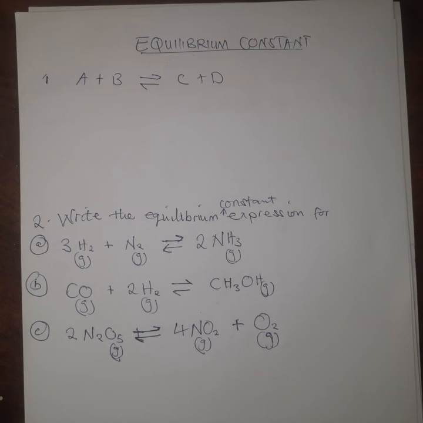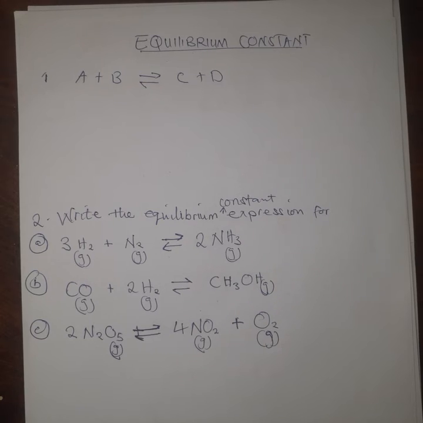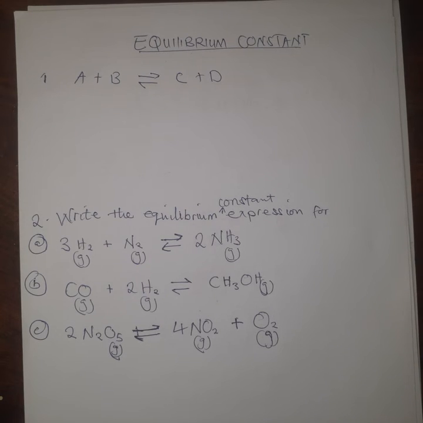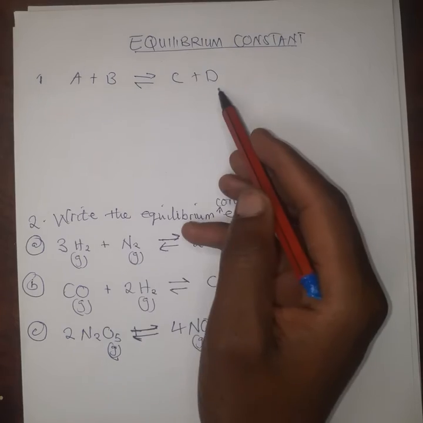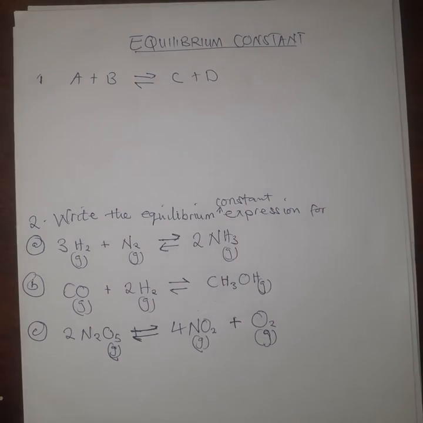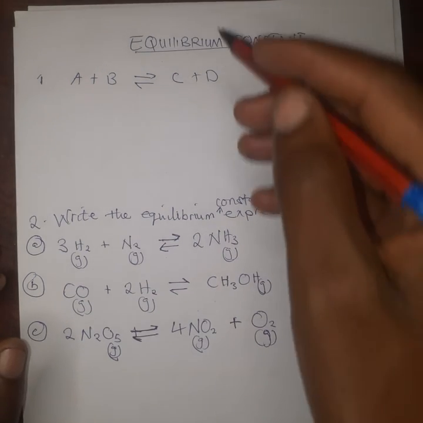Let us continue with the chemical equilibrium. In the previous video, I mentioned that chemical equilibrium is a state where the rate of the forward reaction and the rate of the reverse reaction are the same, and they are both taking place at the same time. Okay, now there is what is called the equilibrium constant, where